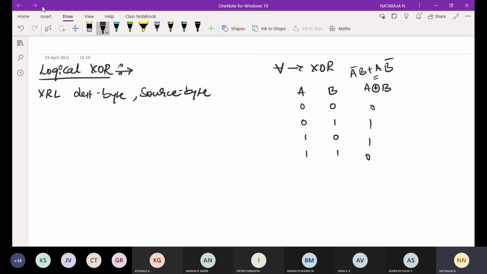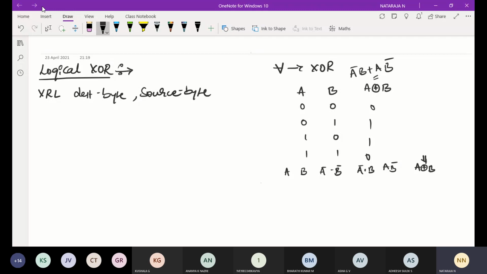To achieve this, first you take A, B, then A bar, B bar, then A bar into B, and A into B bar. Then if you add these two, you will get A XOR of B.